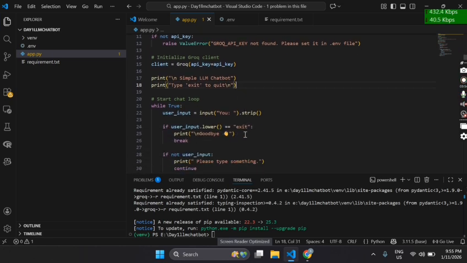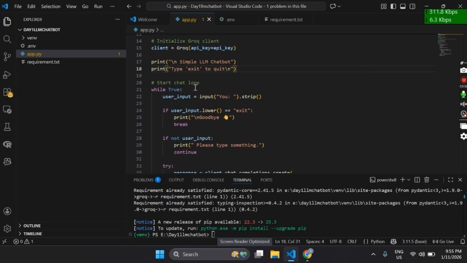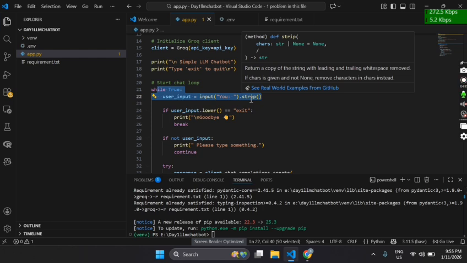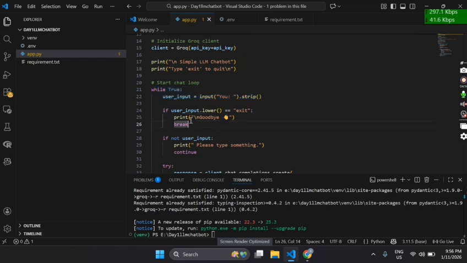Now we are using a while loop. Why are we using a while loop here? It's an infinite loop. It keeps the chatbot running until the user decides to exit. In the next line, we take the input from the user, and the .strip function removes the extra space from that user input. And the next line, if user input dot lower equals exit,